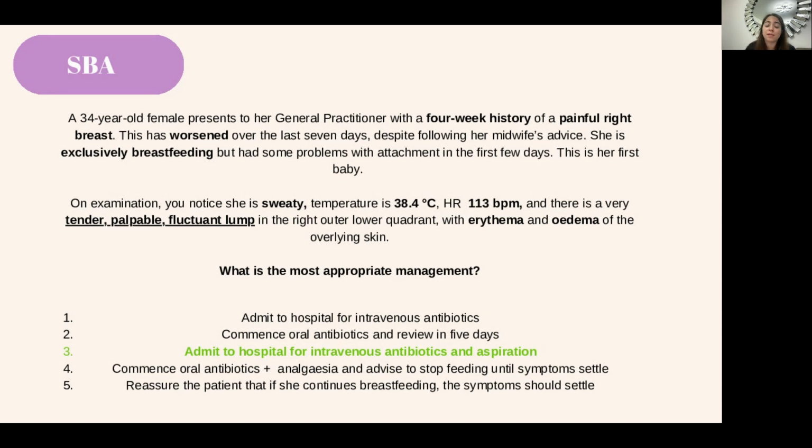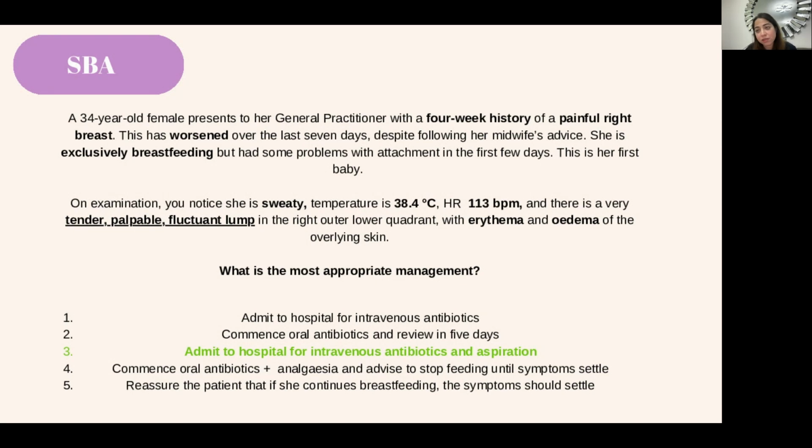So she could have had mastitis, which was then untreated and now has developed into a breast abscess in the right lower quadrant. And she's got the other signs and symptoms we talked about, like erythema and edema. And as I said, an abscess is not something that we would just give antibiotics for and review them. It does need to be treated immediately, and they need immediate referral to general surgery in the hospital, where they will give them IV antibiotics usually and aspirate,